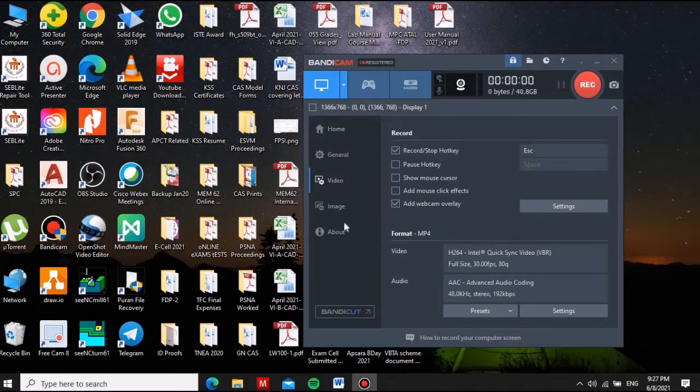These are the settings you have to consider before recording any video. You have to select the area, you have to select the webcam position, whether you need webcam or not, and then you can go for the recording. This is the recording button, and also this is the stop button after recording. Once the video is recorded, it will be stored in the folder icon here, where you can find the open or output folder. These are the basic keys required for recording with Bandicam.